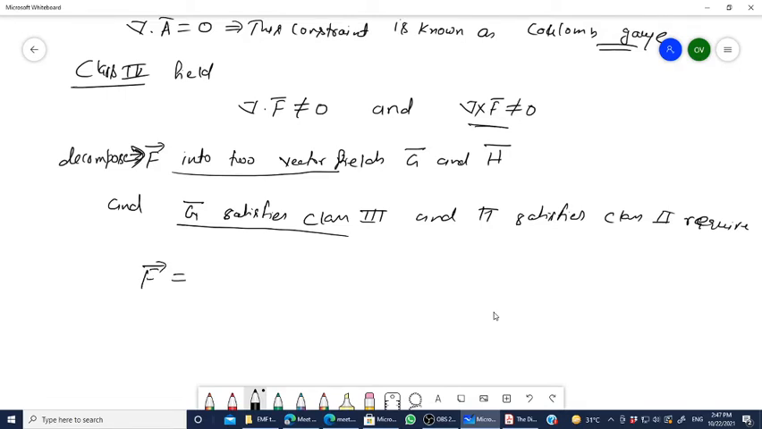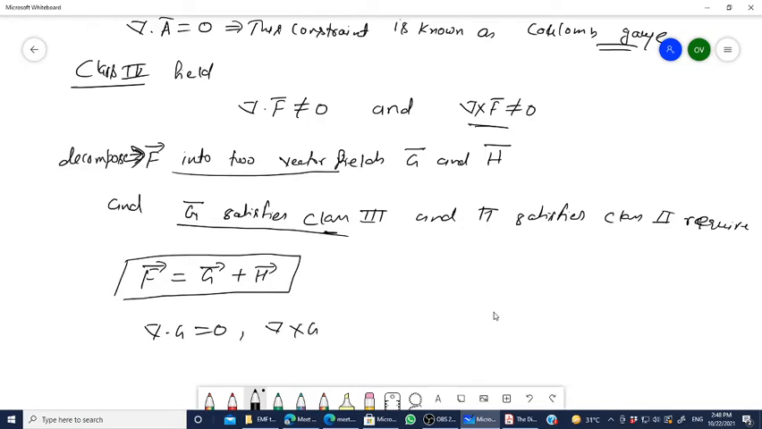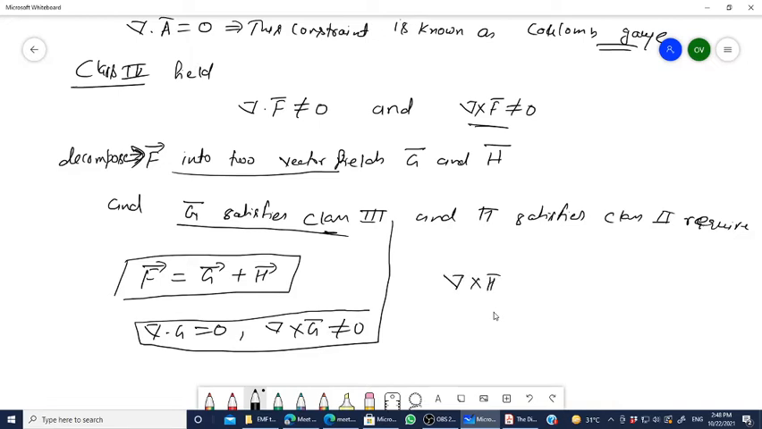Now we are going to represent it like that. This is a typical case. So the F vector we can decompose into the G vector plus the H vector, and from the class 3 condition, the divergence of the G vector is equal to 0. However, the curl of this vector is not equal to 0 from the class 3 condition, remember. And the class 2 condition, what was it, that this is equal to 0